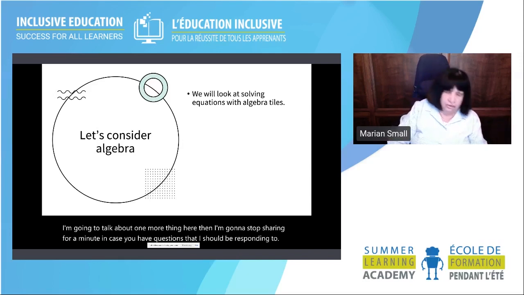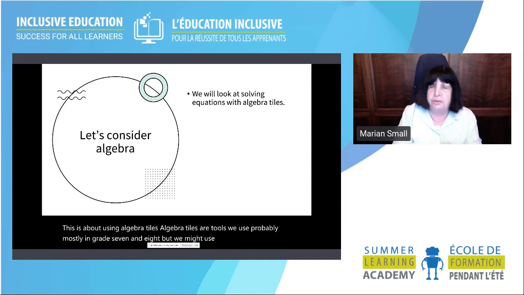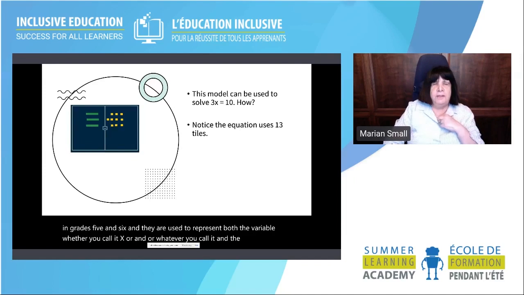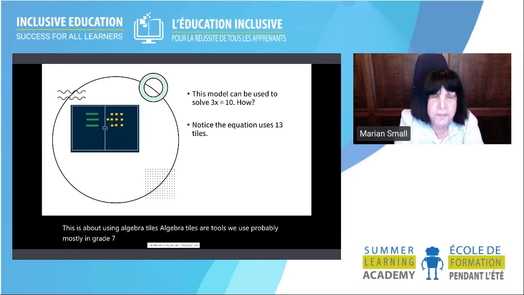This is about using algebra tiles. Algebra tiles are tools we use probably mostly in grades 7 and 8, but we might use them for some teachers in grades 5 and 6. And they are used to represent both the variable, whether you call it x or n or whatever you call it, and the constants. So in this particular picture, I used virtual algebra tiles,